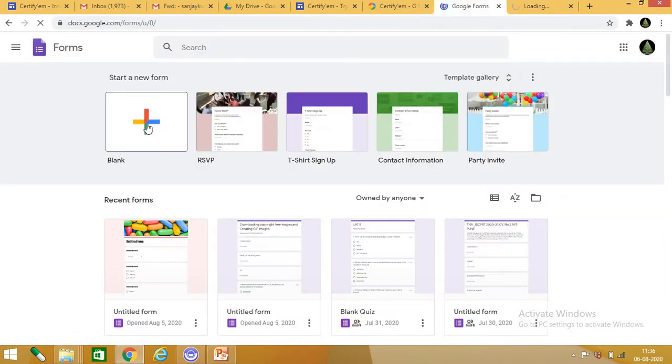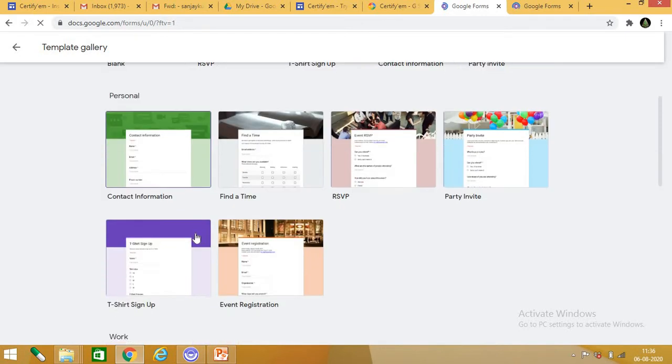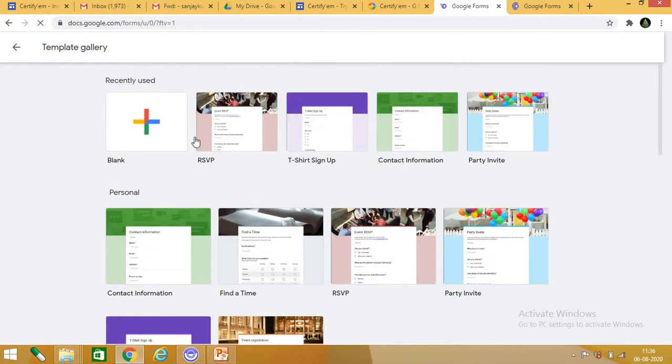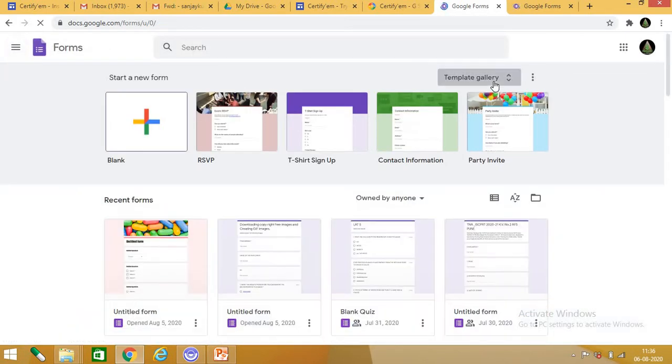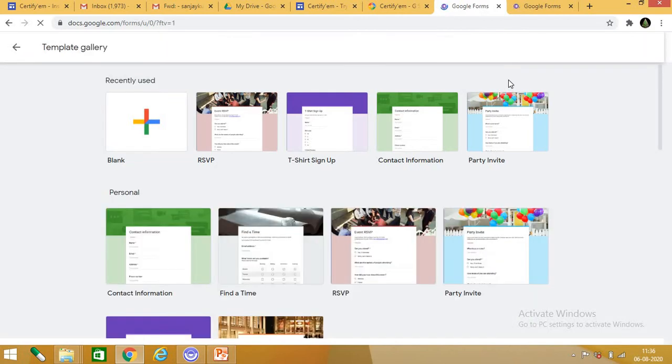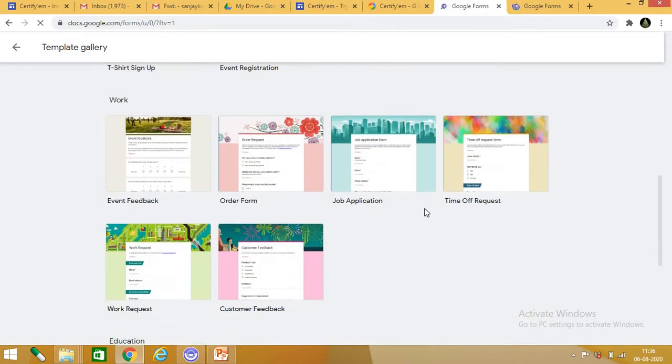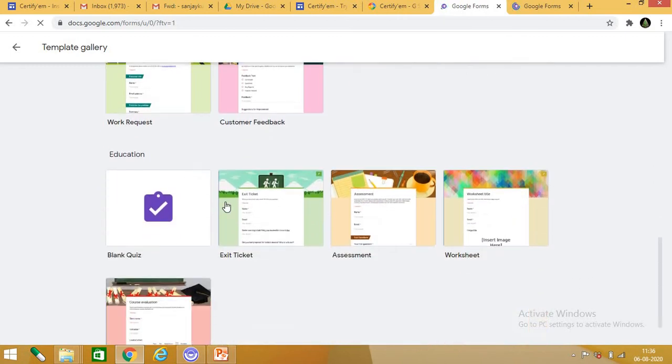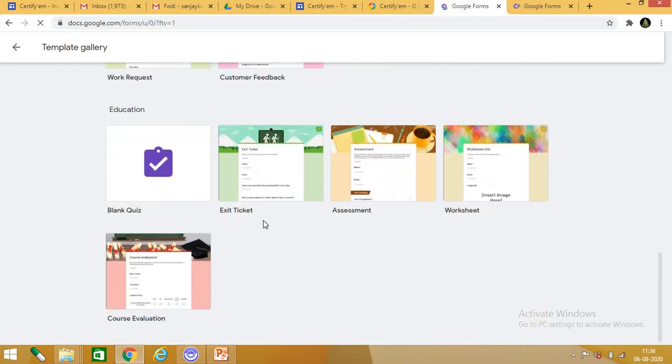Then this is the blank one. These are the different templates. For that, go to this template gallery, click here. So these are the templates: personal, work, job application, order forms, customer feedback, for education, assessment, worksheets.